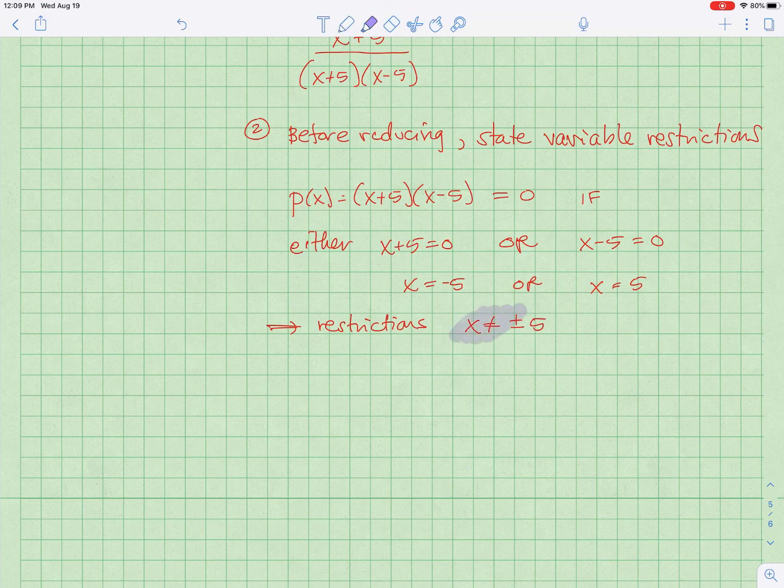So we can simplify that a little bit by writing plus or minus notation. And now 3,